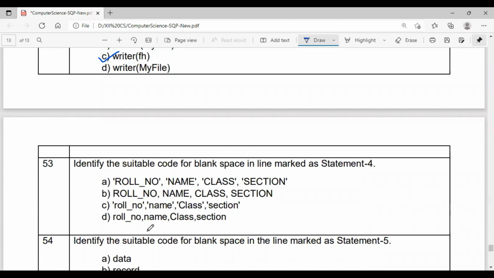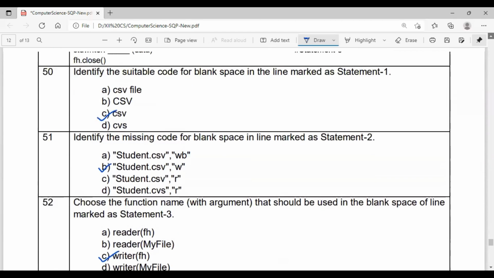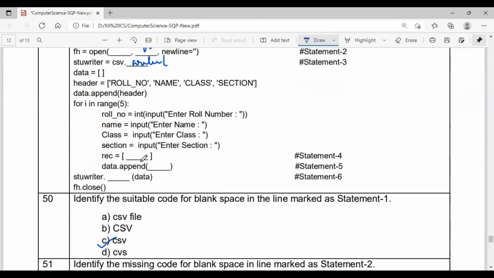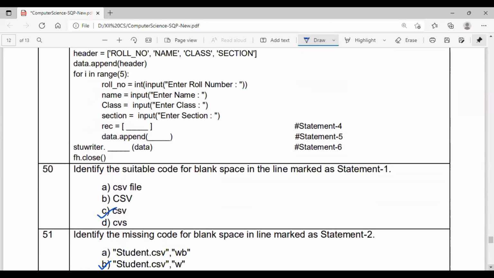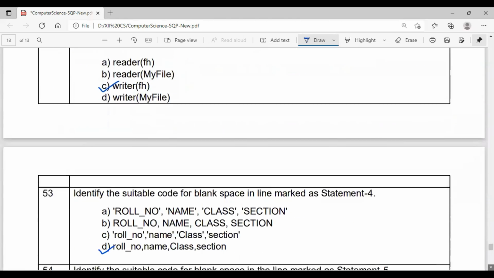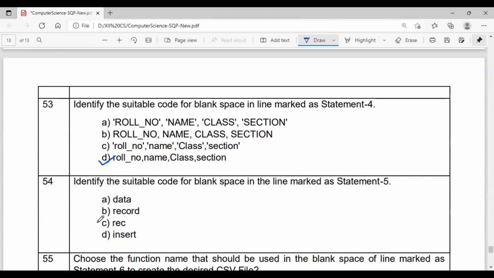So roll number, name, class, section, but you need the data, so no need of quotation marks. We want the value stored in that particular variable. Then data.append means data.append of what you want to append. Rec has to be appended, isn't it? So we check whether rec is there. Option C, rec is there.